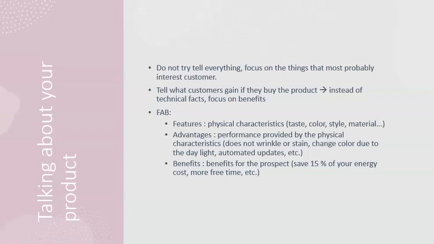The FAB formula means that features are the physical characteristics such as taste or color or the materials you are using and so on. Advantages are the things that happen with the characteristics. So the product doesn't wrinkle or stain, or the product changes color, or it has automated updates and so on. And benefits mean